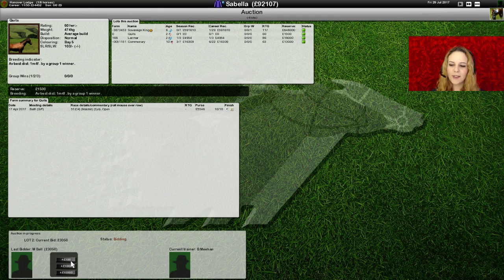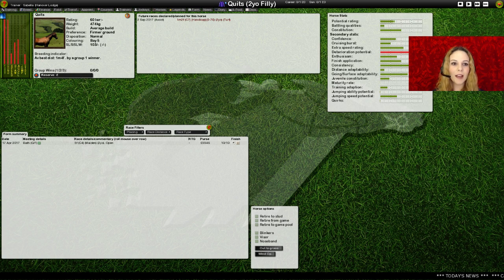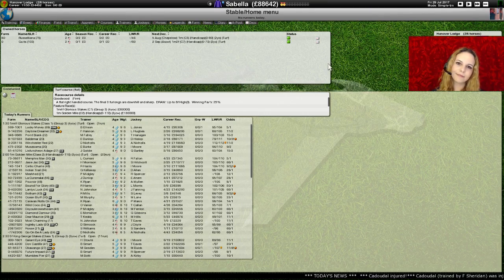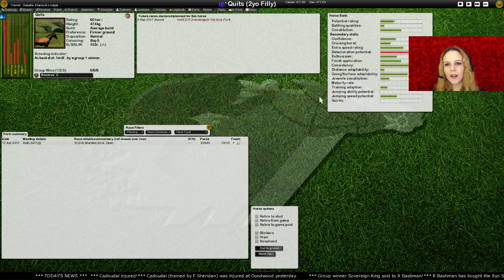Having said all that, her potential is probably dreadful because I feel like potential has at least something to do with the price that the AI is willing to pay for a horse. So she was sold for 3,150. Her potential is going to be dreadful. So there's not much we can do about that though. As soon as she wins something, if she wins something, I will auction her off, I think. It may take a while though because